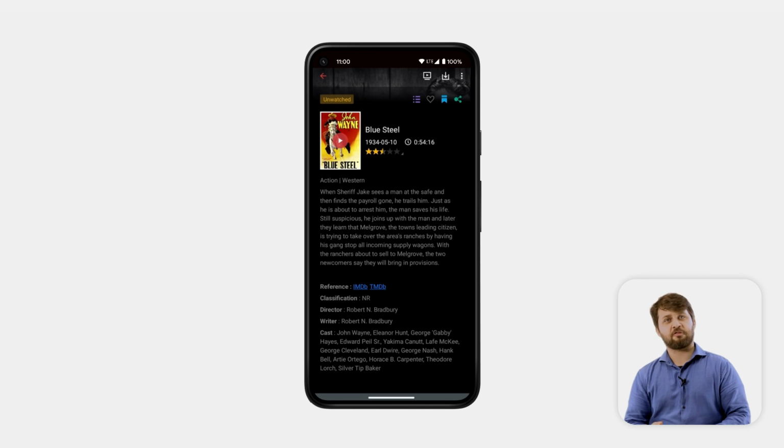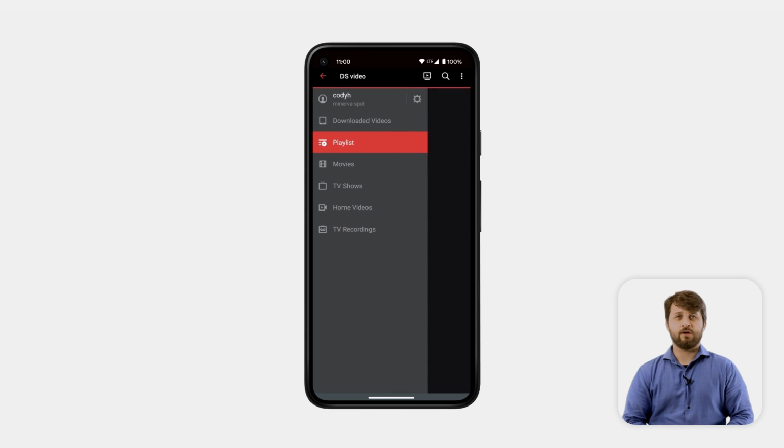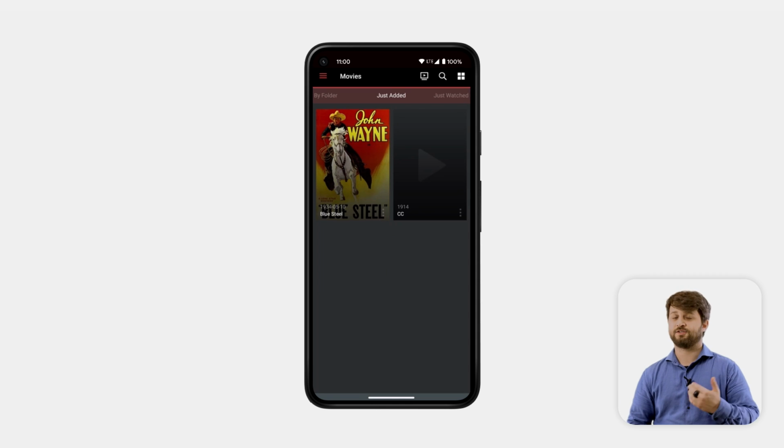So now that we've actually downloaded that video locally, let's also check out what else you can do inside of the DS Video app. Another thing that you can do is select one of your videos, for example, this John Wayne video once again, and cast that video to another smart device inside of your network. You can select what player you want to utilize, either my smart TV or even a smart soundbar in this case, and we can select one of those.